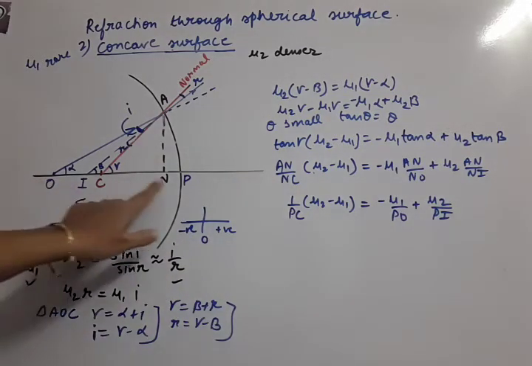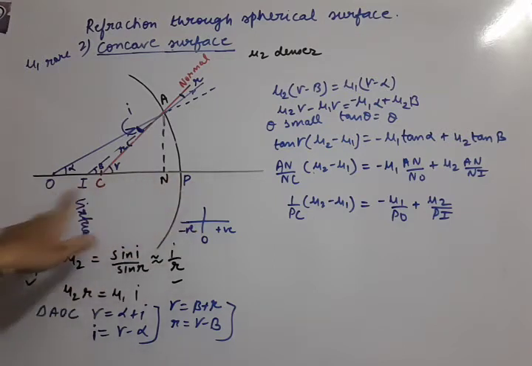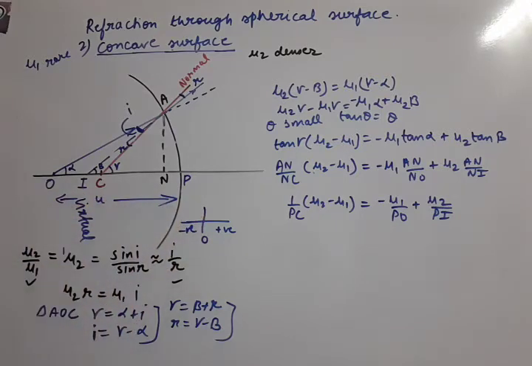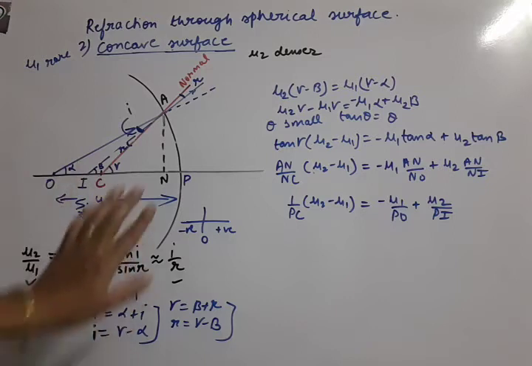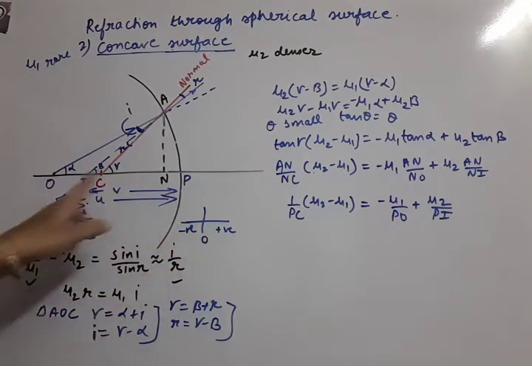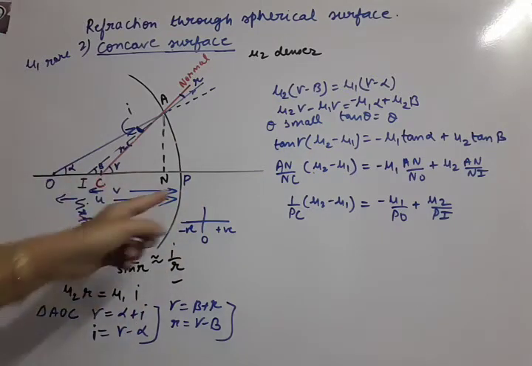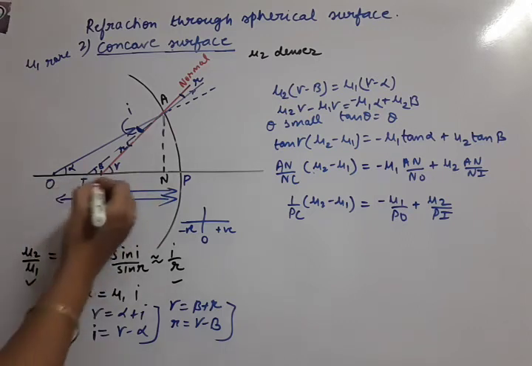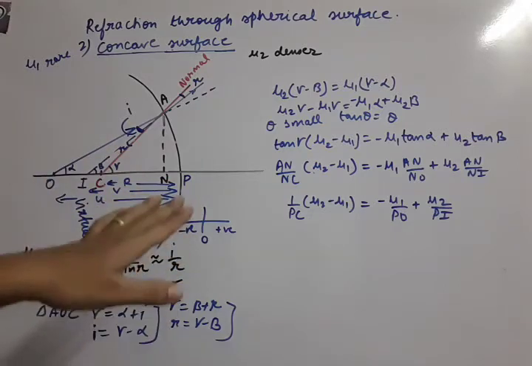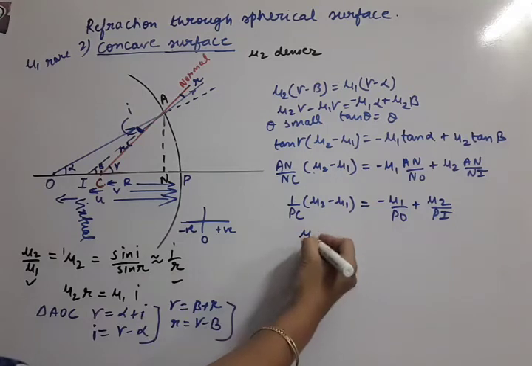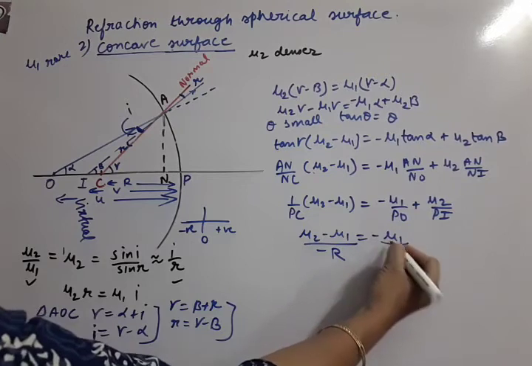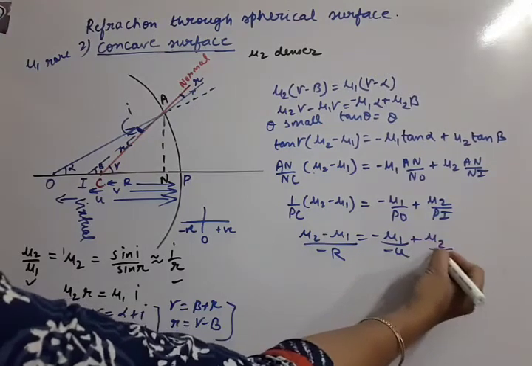So you can see PO distances appearing here. PO means object distance, it is denoted by U. PO distance means U, but it will be minus U because it is on this side. Then PI, image distance we call V, but it is also on the object side only, so negative. And PC is called R, radius of curvature, but it is also on the object side only, so all distances are negative distances. So we will be replacing as mu2 minus mu1 upon minus R. PC means minus R, PO means minus U, and PI means minus V.